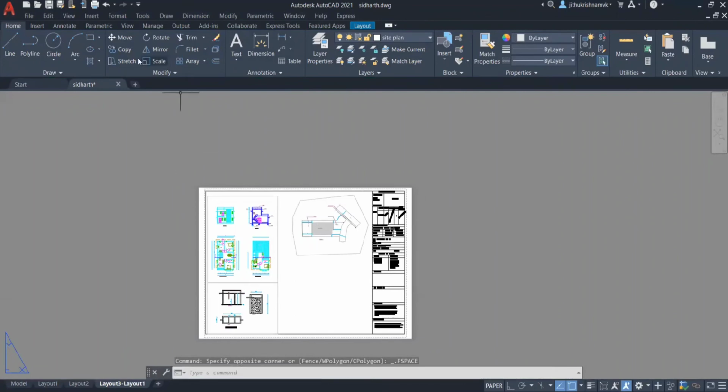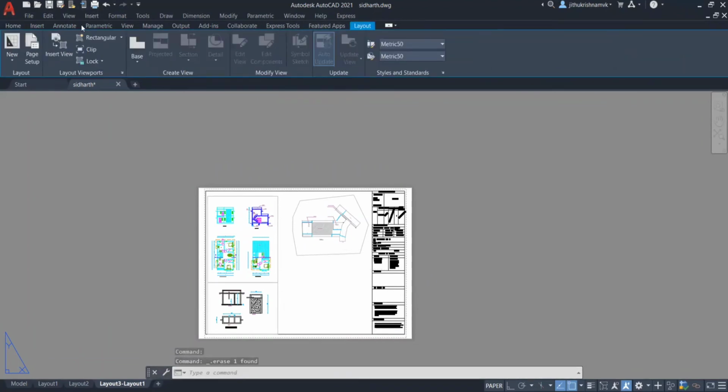Now setting the site plan, sorry, location plan, taking from the layout option, rectangular viewport.